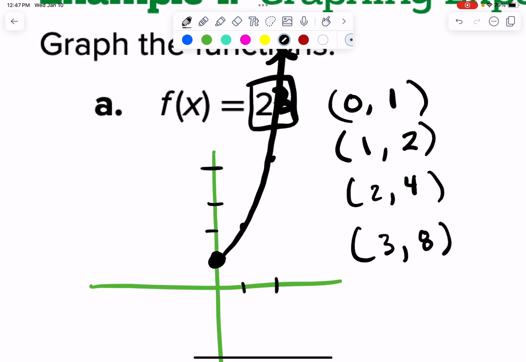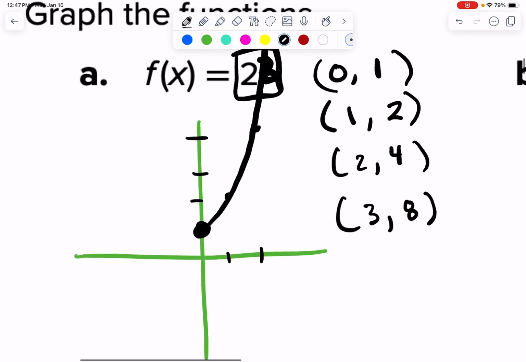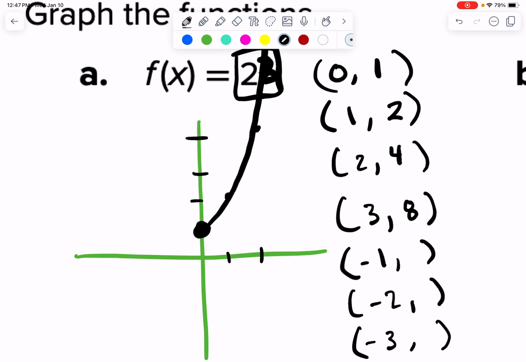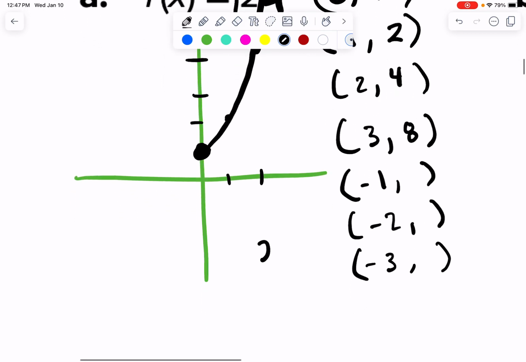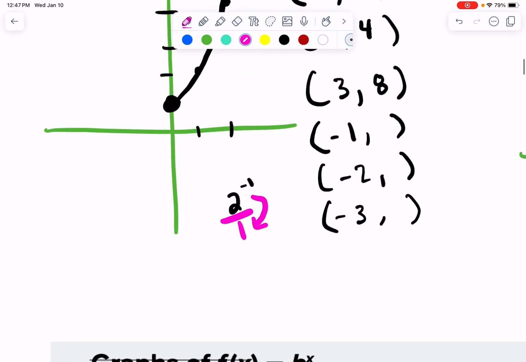Now, if I go back the other direction, follow along really carefully. Let's say I go -1 and -2 and -3, right? Let's talk about what 2 to the negative first power means. If you have a negative exponent and you're trying to get rid of it, you flip it to the bottom. So this is like over 1 if I make it into a fraction. If I want to get rid of that negative exponent, it becomes 1 over 2 to the positive first power,